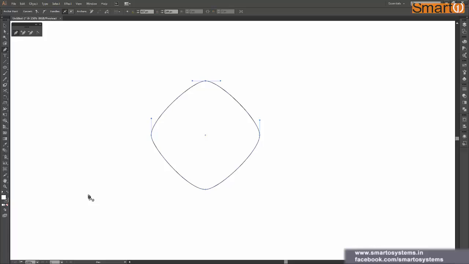We haven't even used any option key, like to convert your pen tool into convert anchor point tool you have to press Alt key, but here we haven't even pressed Alt key. It's just an automatic switching from pen to add anchor point tool and from pen to subtract anchor point. And I think that is really helpful, because I haven't even touched these two tools in a while. All I do is I work with pen tool only all the time. So yeah, sometimes I use convert anchor point tool, but these two tools I haven't used at all, because pen tool just does all these things. You just have to select the shape before that.